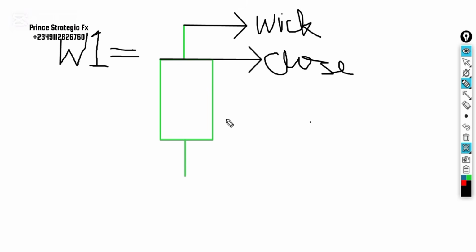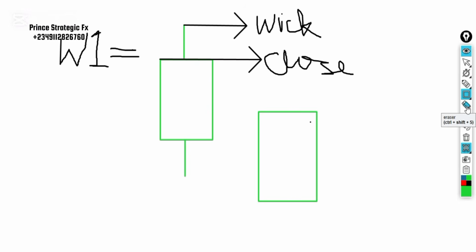For any reason, if we find another bullish candle just like this that only has a wick at the bottom but does not have a wick at the top, or only has a tiny wick just like that,